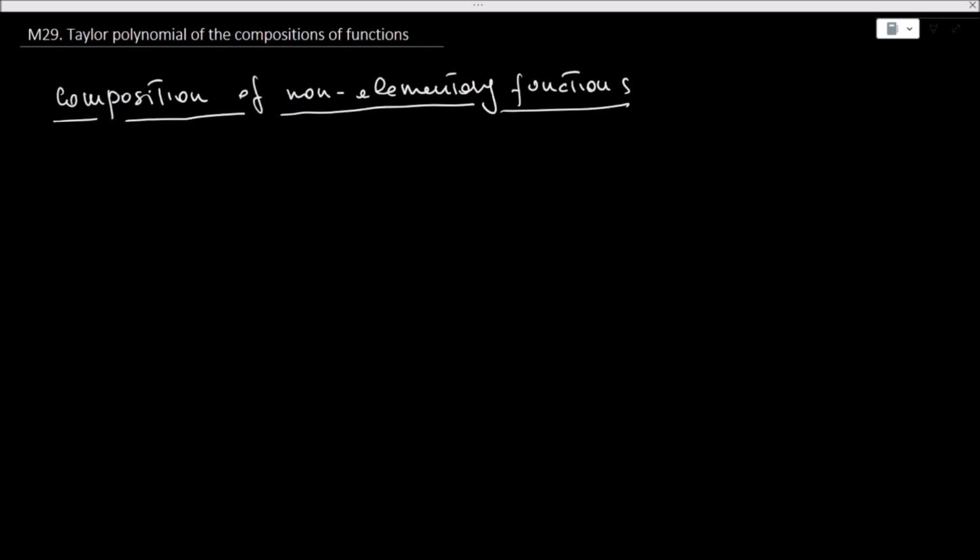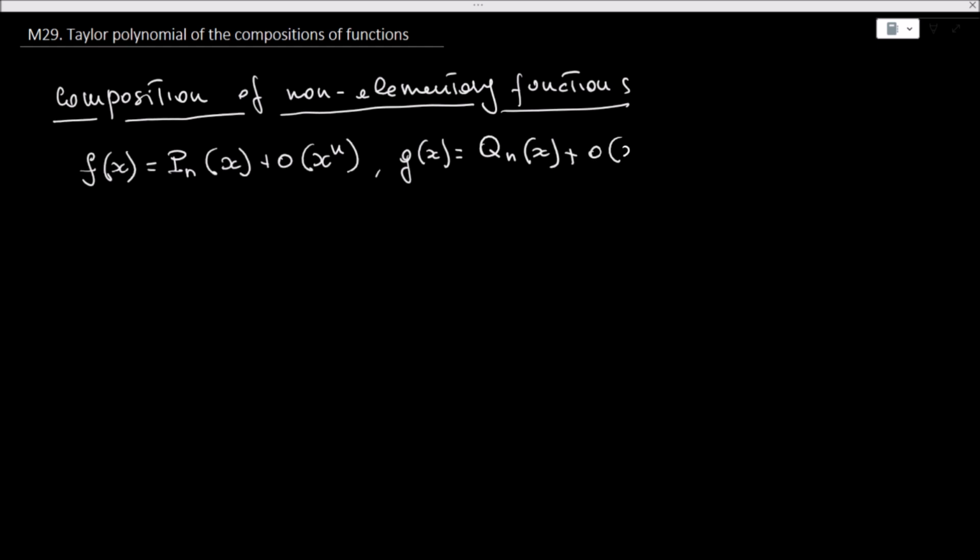So let's suppose that a function f of x is expanded into a polynomial of degree less than or equal to n, Pn of x, plus little o of x to the n, and another function g of x is expanded into Qn of x plus little o of x to the n, both for x that goes to 0. So we are expanding f of x and g of x around the origin. Then